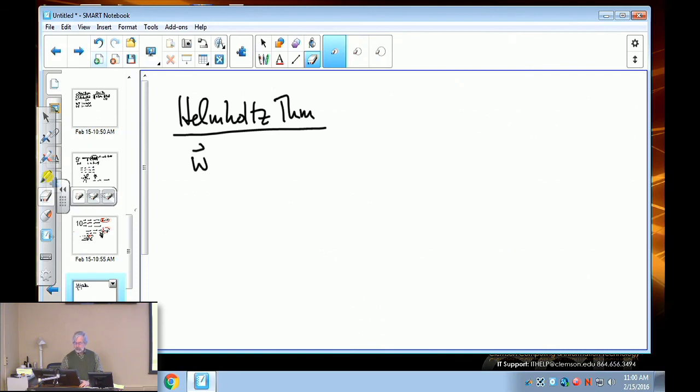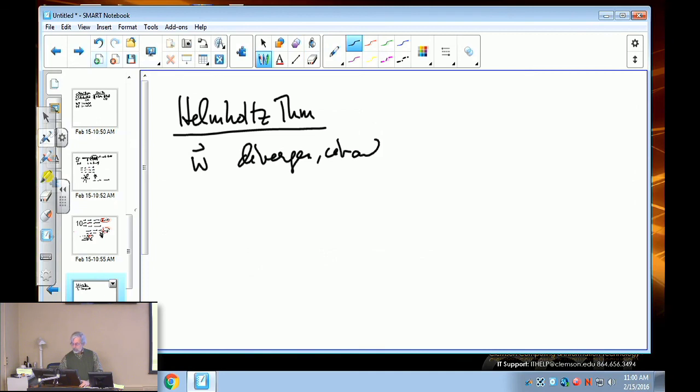Okay, so W diverges or circulates or both. And that exhausts the possibilities for a vector field because it's either changing parallel to itself or perpendicular to itself. So it's got to be